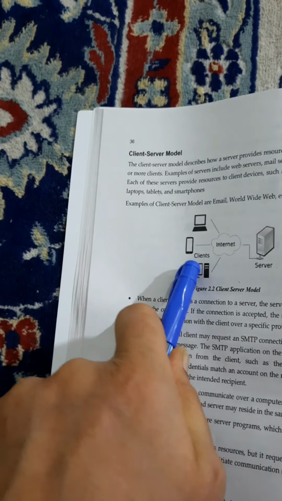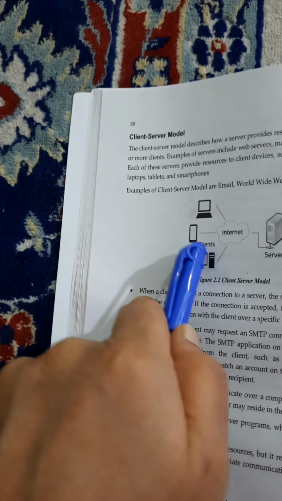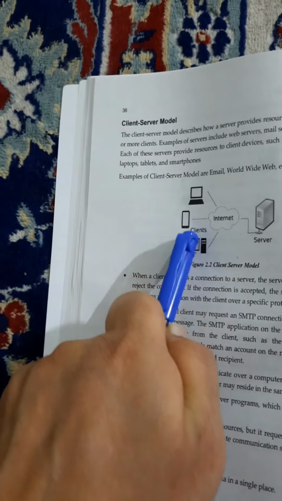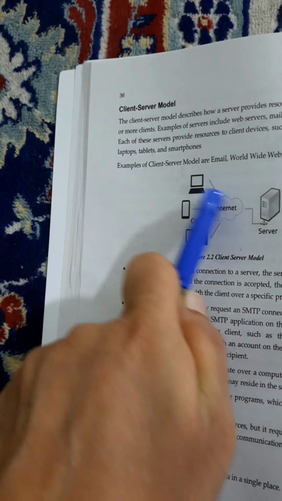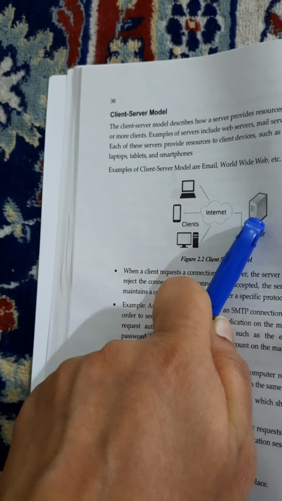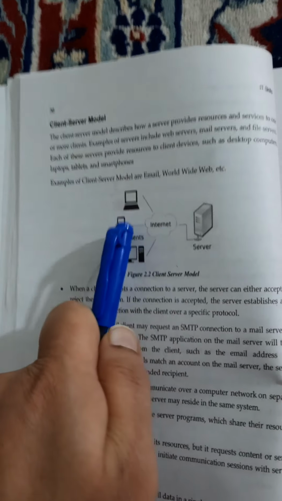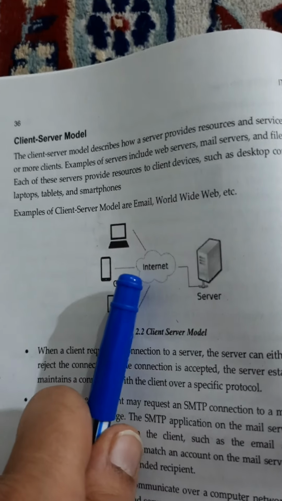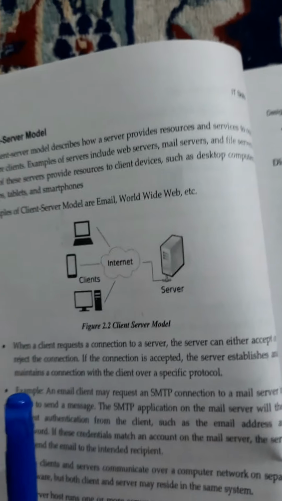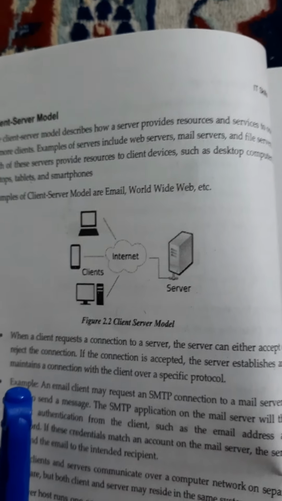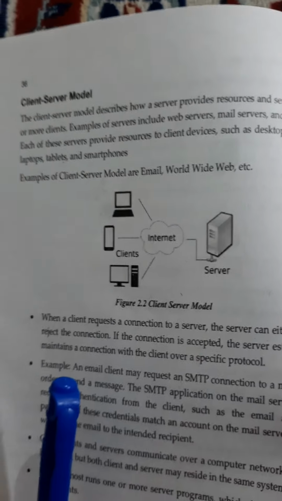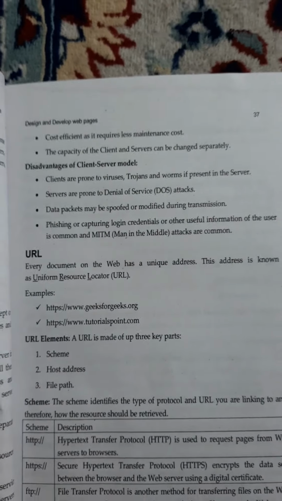Though you have updated in this computer, you can see that it is updated here as well. This is possible because whatever the changes you make, it will not be stored on the local computer. Instead, it will be stored in the backend server. So these all things will act as a client, and the server has the updated information, and all the clients will get information from the server. So this is known as client server model. It's used very widely, and even it is used in email, Facebook. They all follow this client server model. Even if you go to internet browsing shops, internet cafes, there as well, they'll have one server, and all the systems that you use act as clients.